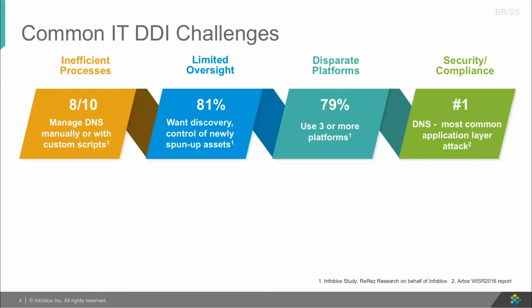And then of course, challenges with disparate platforms. 79% reported that there were 3 or more platforms in use at one time, and that makes it really difficult so that all teams are optimized and working off the same real-time set of data. And then ultimately security and compliance, and DNS remains the #1 most common application threat vector, and that's a big